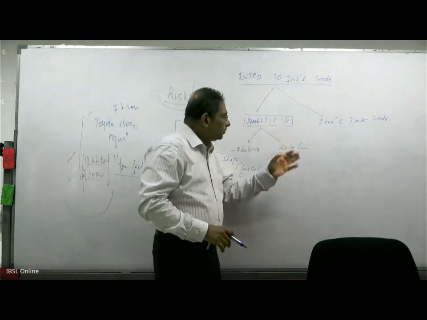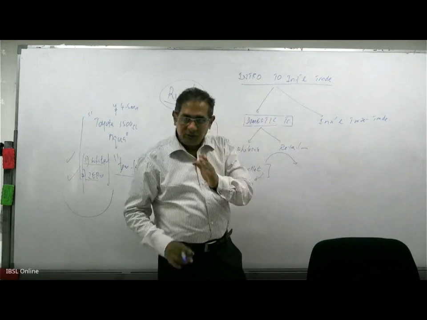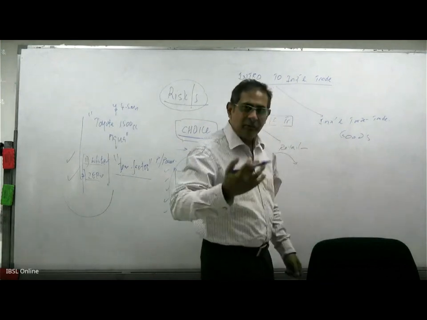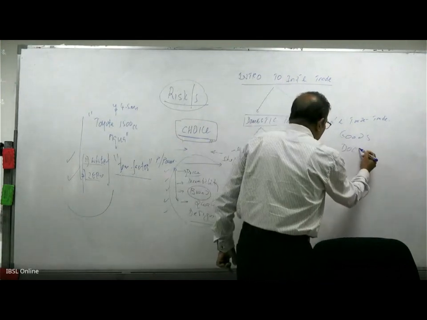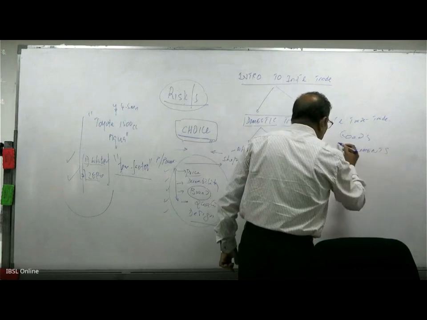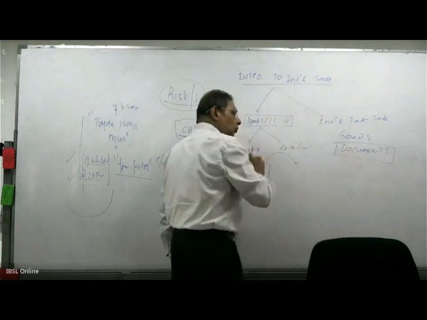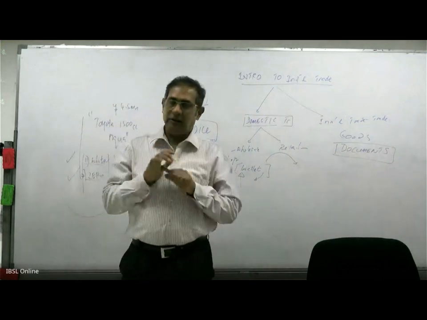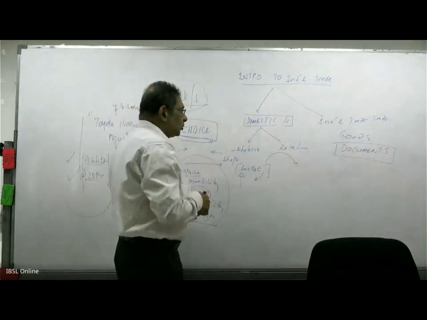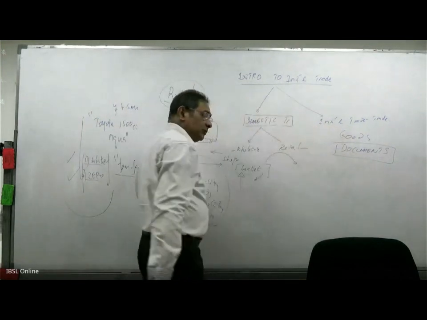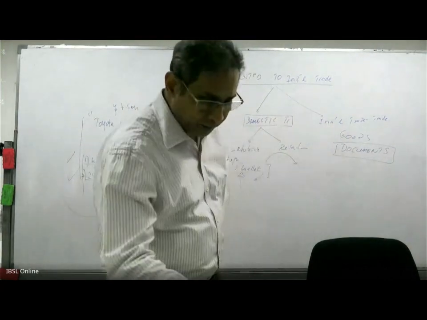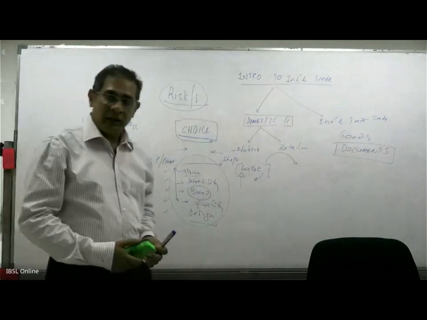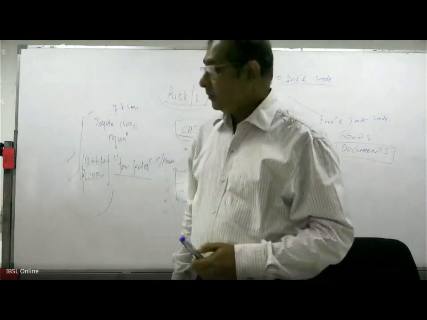So international trade deals with goods. When I say goods, it means services, performances and documents. Now, this element of documents won't come into domestic trade. It's only the portion of goods parted with by the seller to the buyer. This is the main thing you need to know as a difference between international trade and domestic trade. I hope you understood that. Now we go into detail. What are the actual differences and similarities between the two types of trade?